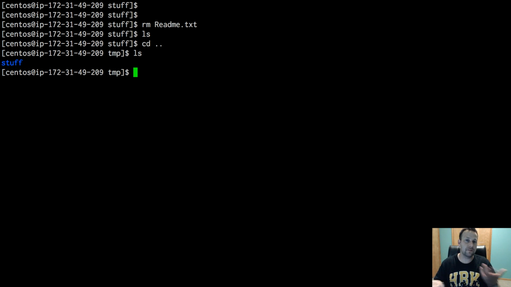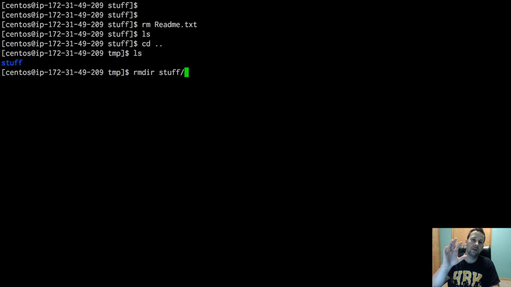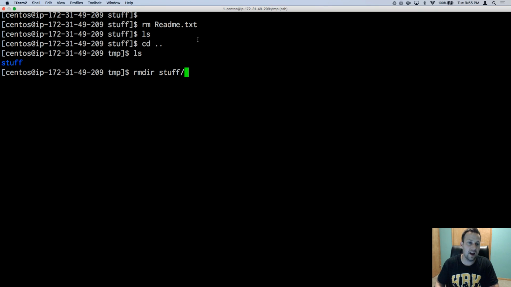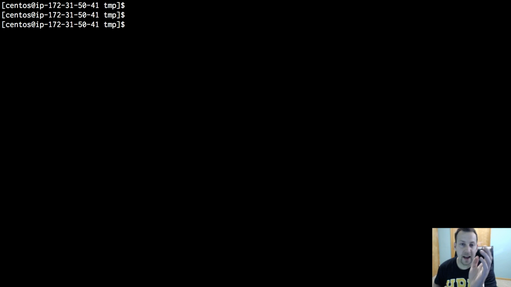To remove the stuff directory, you type rmdir followed by the name, and you can tab complete. So if I hit enter, this command will only work if there's no contents in this directory, which there shouldn't be since I removed the file I created earlier. Hit enter. Okay, now that we removed the stuff directory, I'm going to demonstrate to you how to look up